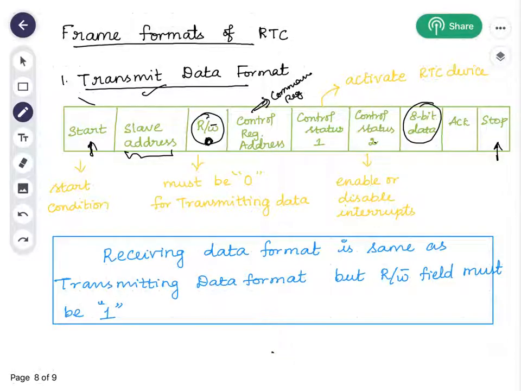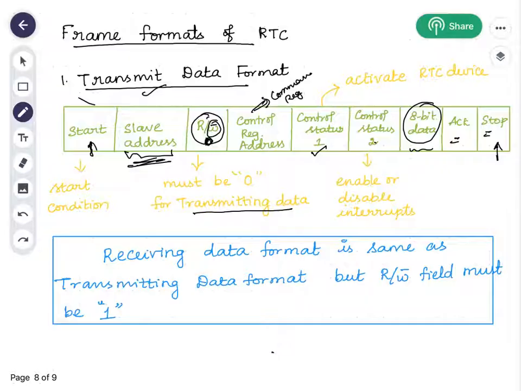Command register address followed by control register 1, control register 2, then our data, 8-bit data. If you are going to transmit data, this will be filled priorly. With acknowledge and stop bit, we are going to transmit data to this slave device. You are actually writing data in the slave device. This must be 0 for transmitting data.